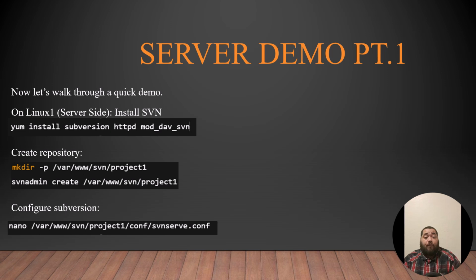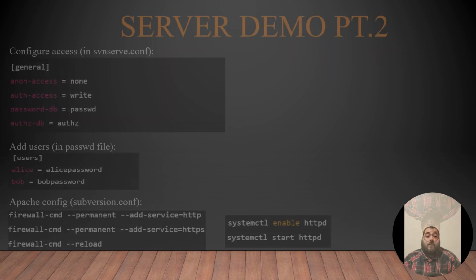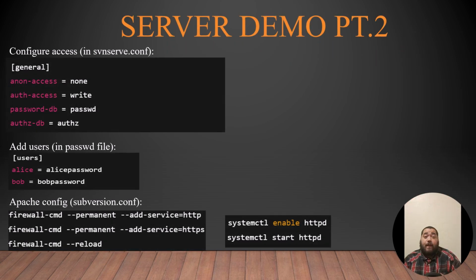We're going to go a little bit further. After you use the same path and the same name for the repository, you're going to go into the configure files for the Subversion server. Within that file, you can grant what permissions are needed, what services you're going to be using Subversion for, and then you need to back out and go back in to the password file so you can put users